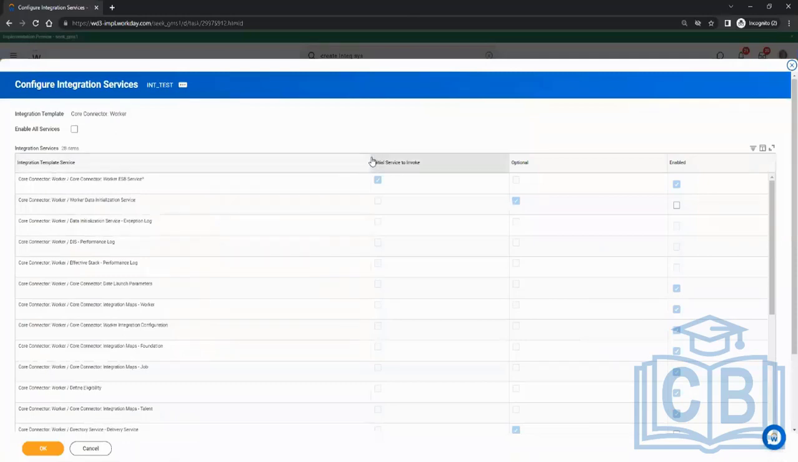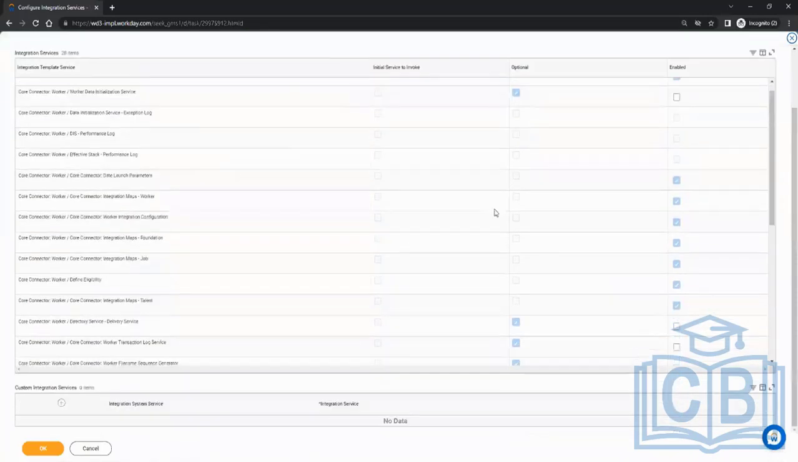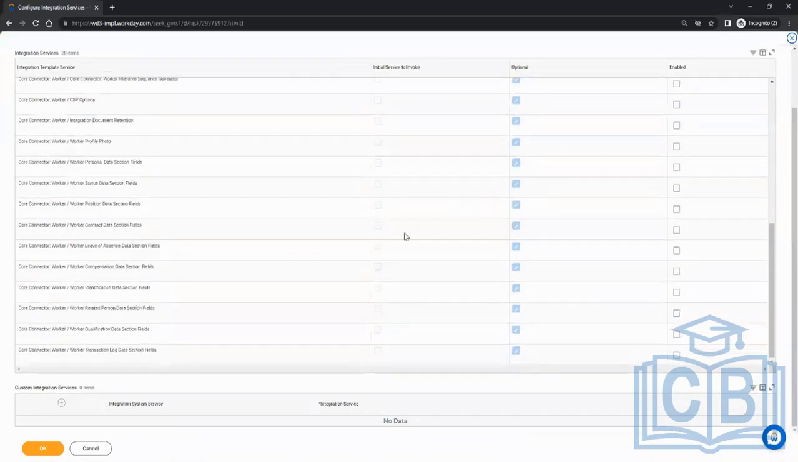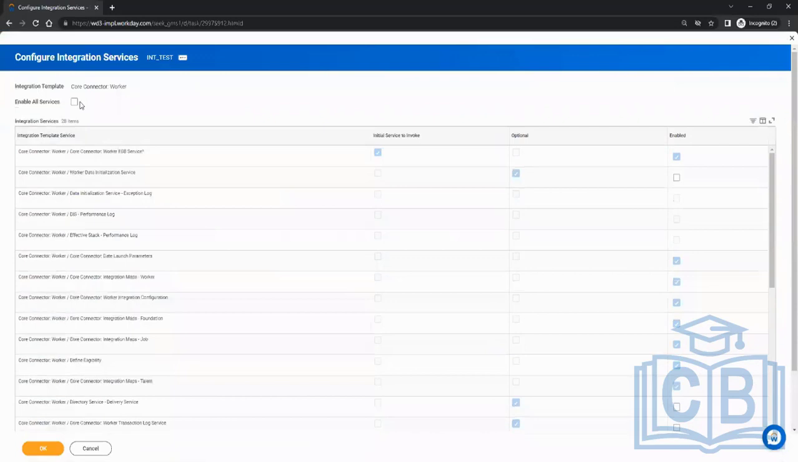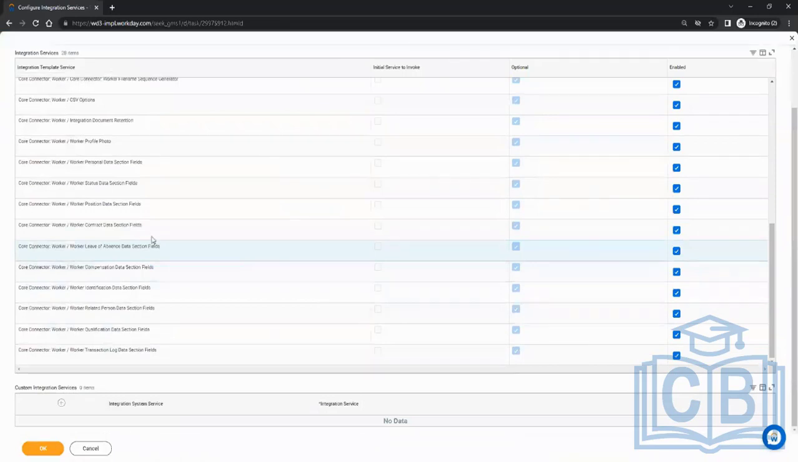Now you see we have got the services, right? So in the beginning you don't know what is what, right? You have transaction log here, you have qualification data, identification data, compensation data. So what I'll do is I'll select all. Okay, so it will select all, and then I will say, now here there is another option of create integration